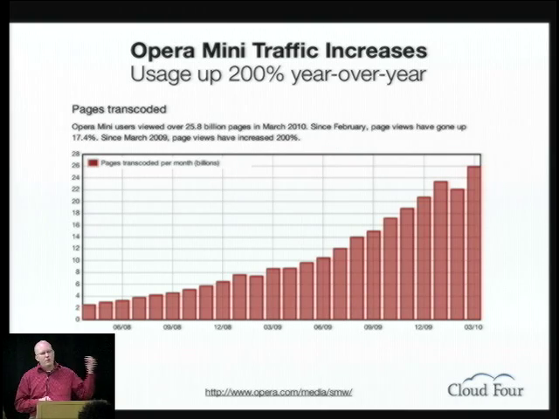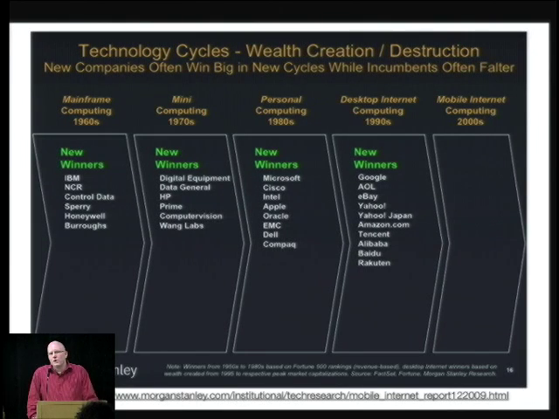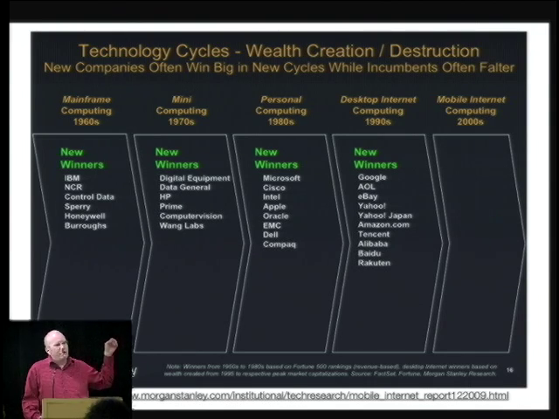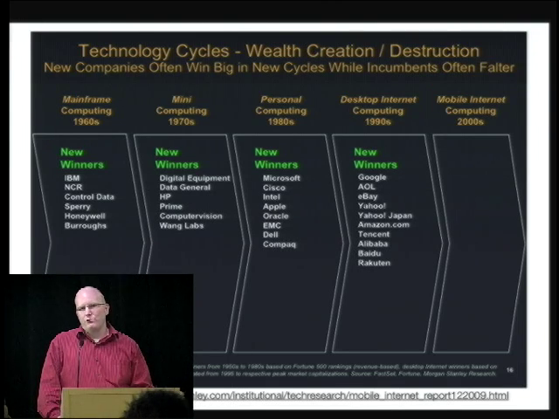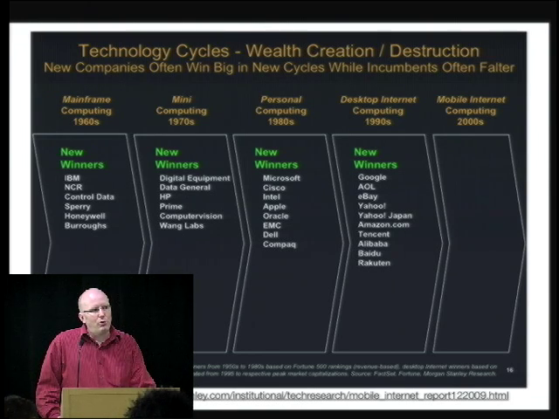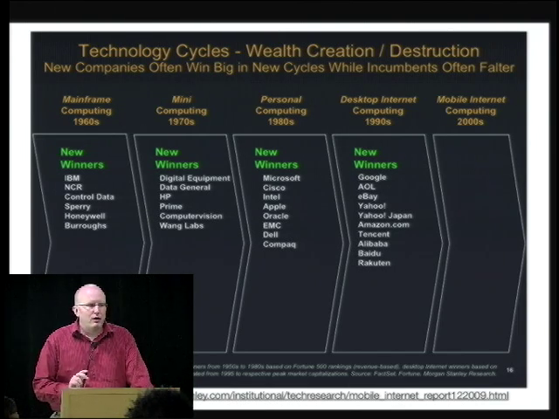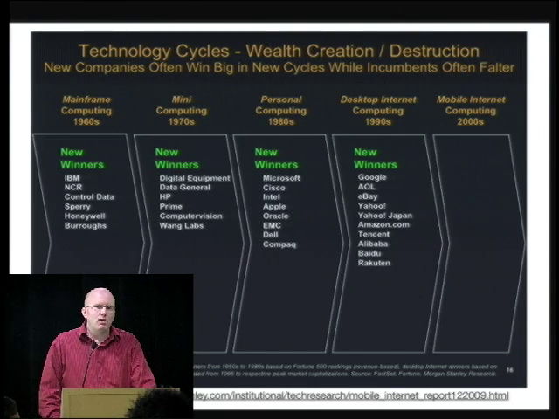So they've just seen this, the hockey stick as well. Why this matters, and I think this matters particularly for Google, is what Morgan Stanley points out: with each one of these technology cycles, each one of these revolutions in technology, the winners of each revolution are different. And I think for Google, it should be worrisome that they're listed as one of the winners in the previous round, right? I think that Google is well positioned when it comes to mobile, but it's something to be aware of and something to keep in mind as we move forward and start thinking about what it means from a mobile